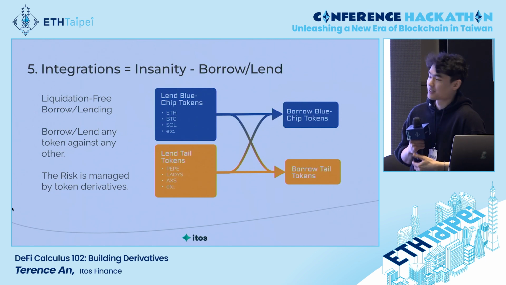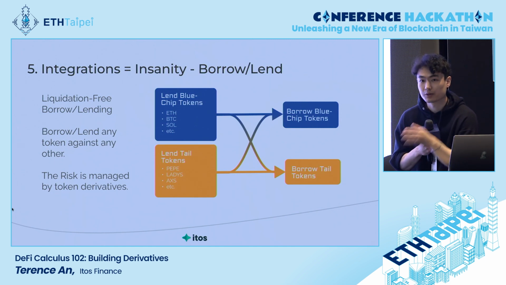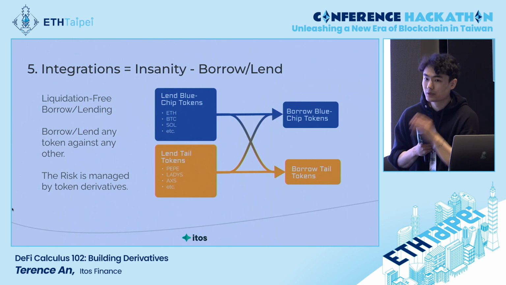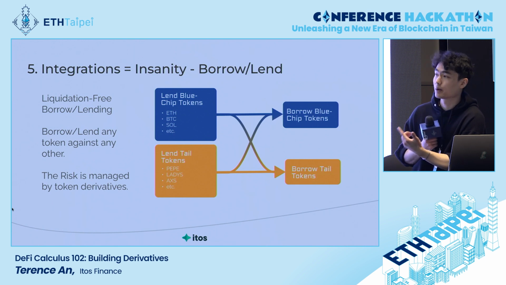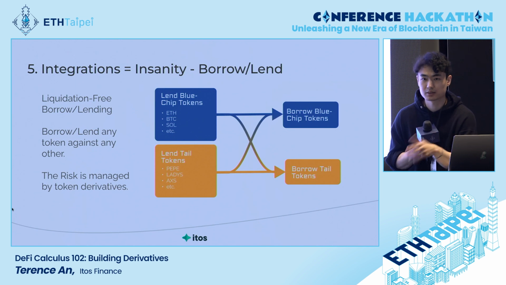We can go even more insane though. And that's not just with payoffs. Once we start integrating this with other protocols, we get some really beautiful properties in those other protocols. For example, if we want to add this to a borrow lending market, we can create liquidation-free borrow lending. With a single button, you can say, hey, I think volatility is too high. Open up all the positions, all the convex positions I need to make sure I never get liquidated. I can borrow and lend any token as collateral for any other token because, again, I can just use these convex positions to hedge that divergence risk.